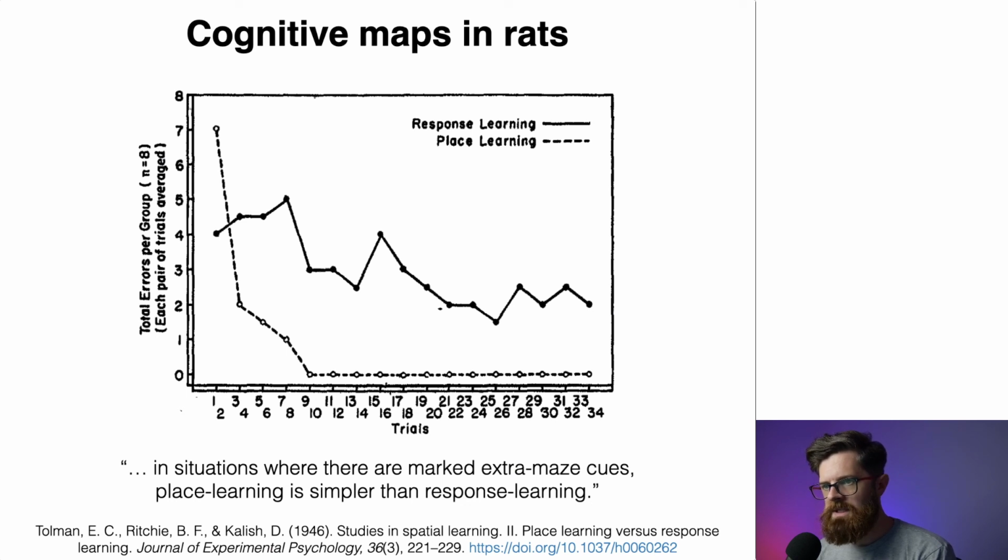It definitely runs counter to some of the assumptions of behaviorism, because what we're seeing here is that the conditioning of a stimulus and a response is actually not really working very well, whereas the rats seem to have an ability to learn where the food is. So where is this food relative to me in space? And so this was taken as evidence for the rats having a cognitive map,